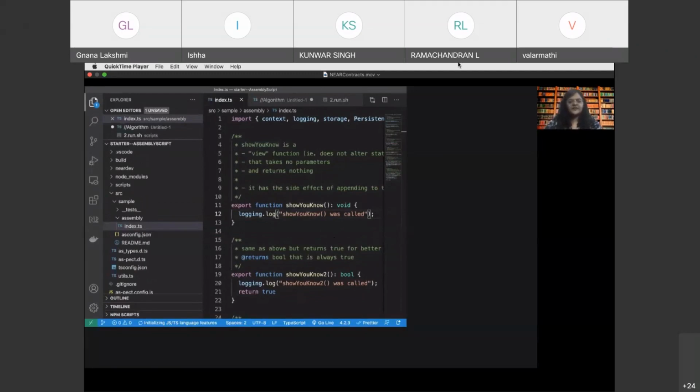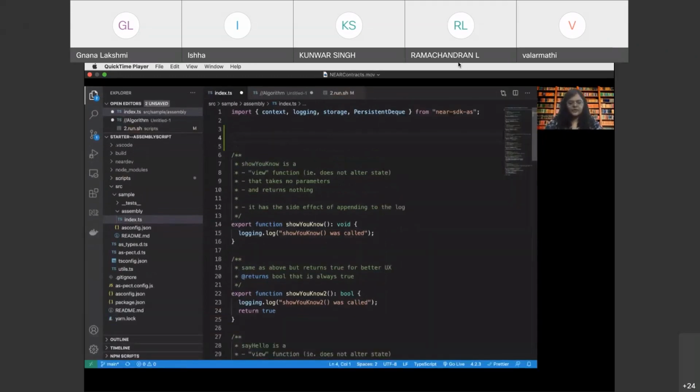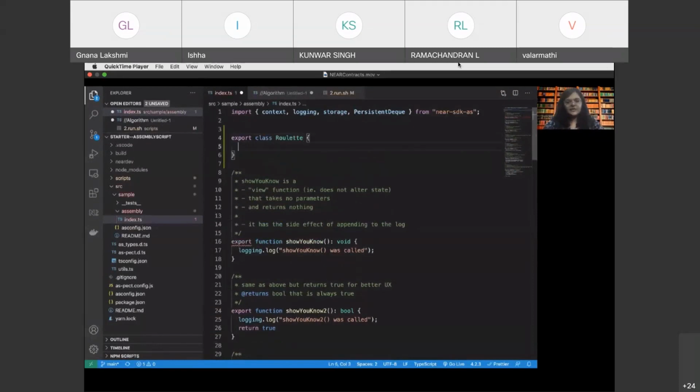First, I'm going to create a class called Roulette. This is the class that will hold all the necessary details of the game. So let's say we have a player, and we are going to take the address of the player.